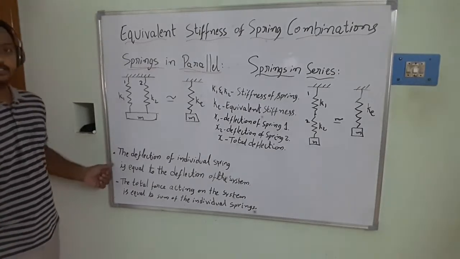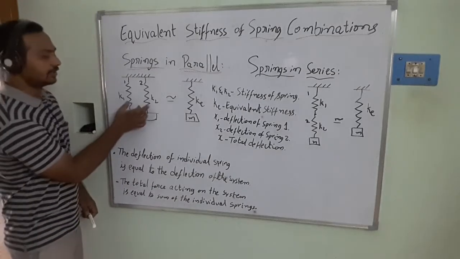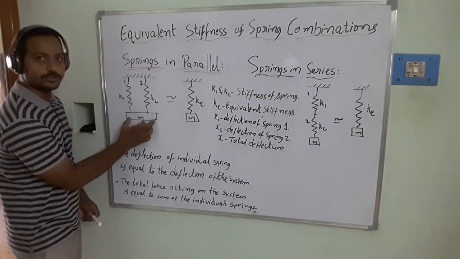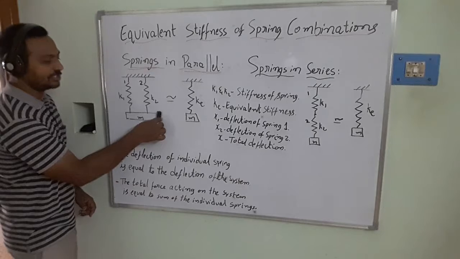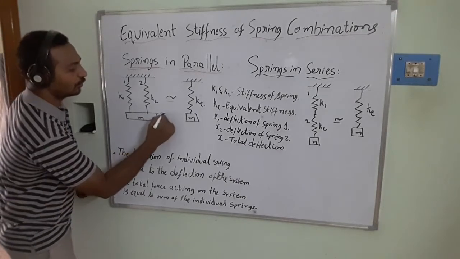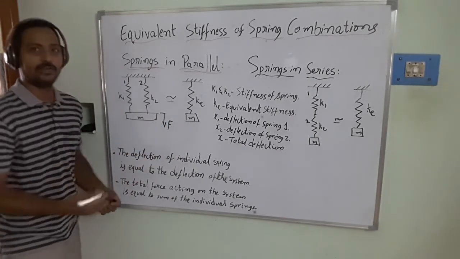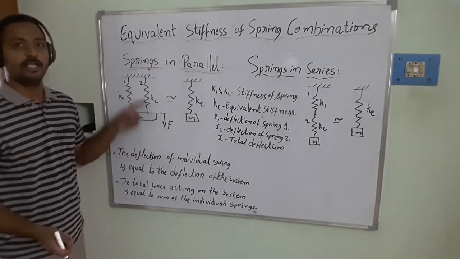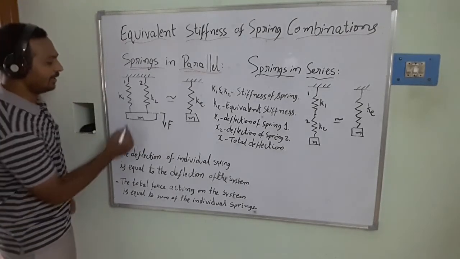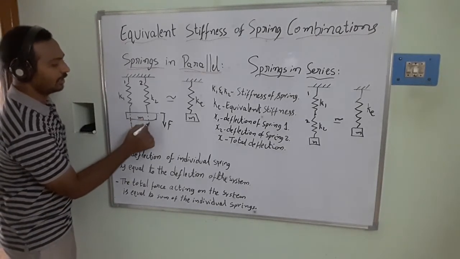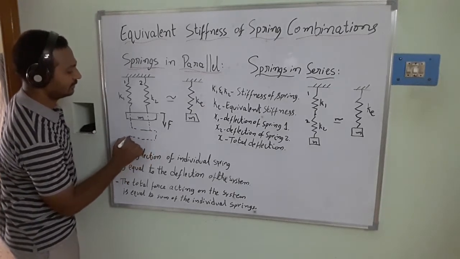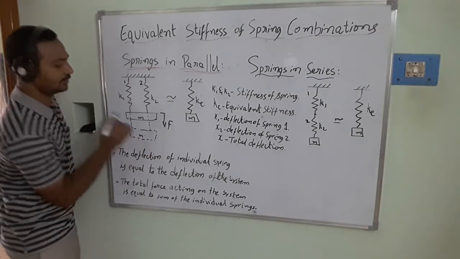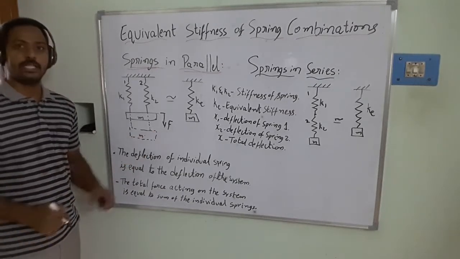So in this case, what will happen? These are the two springs and the mass is attached to the system. Once the mass is attached, I am going to give an initial displacement in the downward direction. For my convenience, I applied the force F in the downward direction. Then the spring starts elongating and moves to the new position. Once I remove this force, what will happen?